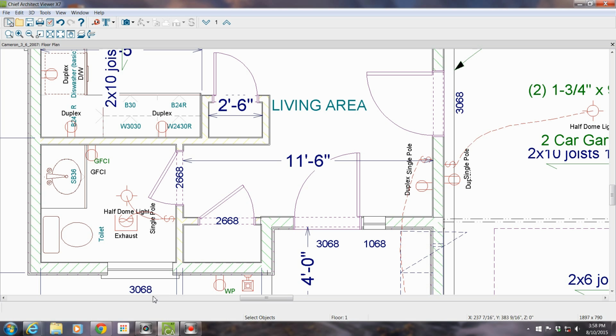And that is labeled wrong. That's not 6'8". So I'll have to make a note of that and change that. So come back out into the foyer, and one thing I want to say, when you're looking at a plan,